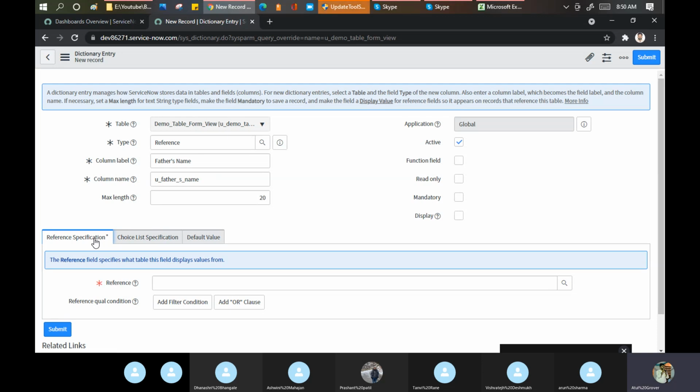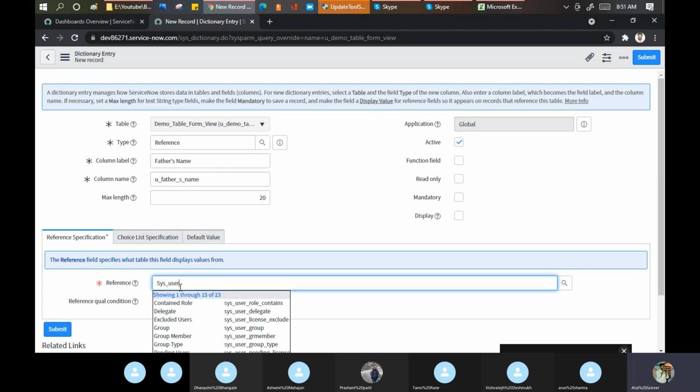Okay, so it means that Vishwajit has a lot of trainers in his knowledge, but he says there is a trainer name. What he said is, he goes to the trainer table in his mind and says there's a trainer named Atul who sent a packet for me. Please give it to me. So in the reference, I put the reference table from where it shows the value of the father name. I say it should show the value from the user underscore group sys underscore user table.